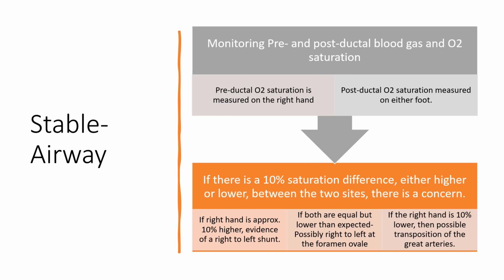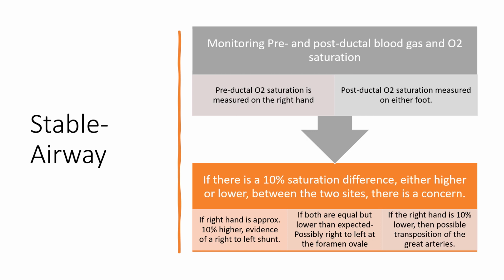And if there's a difference in saturation of 10% or higher between the two sites, there's concern. Depending on which one's higher and lower can tell us what type of heart issue they may have. For us, it's just pure conjecture. They need further care, but it can lead us down a pathway that might be something congenital going on. If the right hand is approximately 10% higher, it's probably a right to left shunt. Blood is using the ductus arteriosus, and it's basically pushing unoxygenated blood